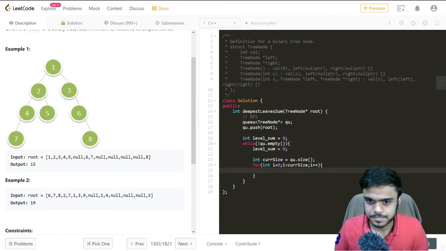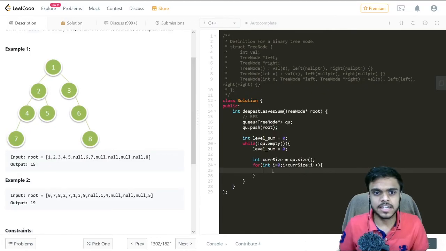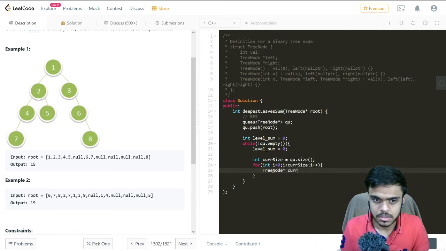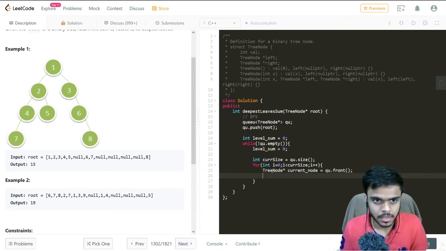So we'll first take the current node. We'll say tree node pointer current_node, which would be q dot front, so that we get the front element, and we'll pop that element because we have traversed it.